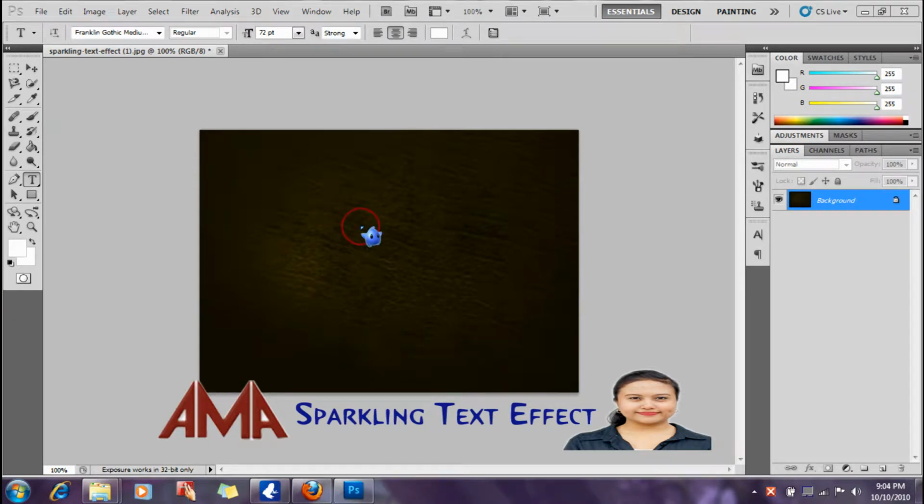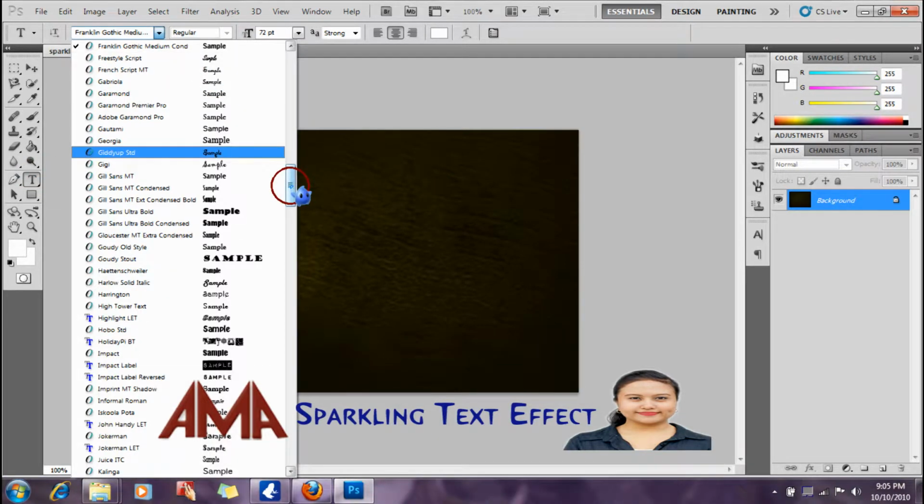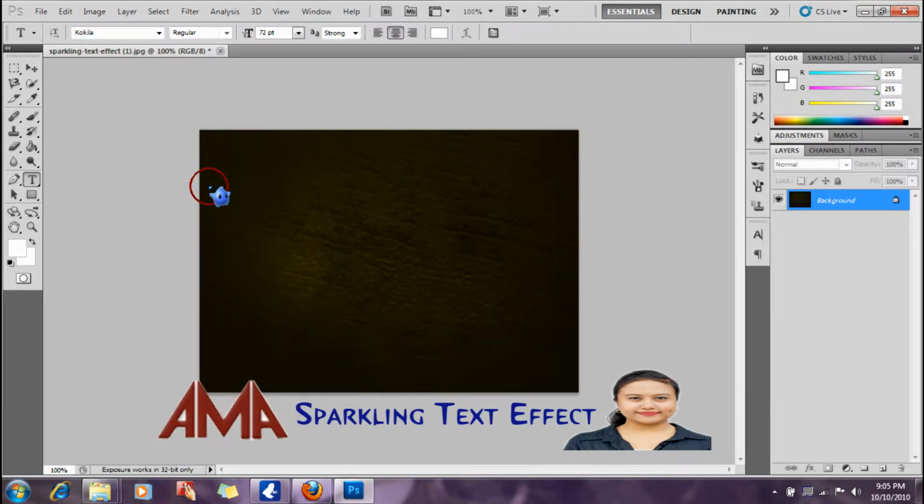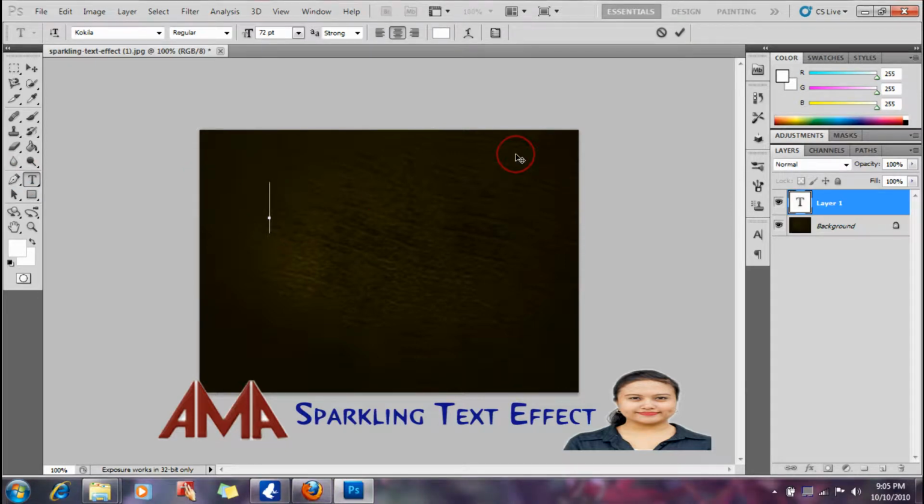The first thing I've done is I use a background picture or a texture that will suit your text effect. And by doing this, use the text tool and select any font you desire. So I will use Tequila, yes, and I will type first my first line,